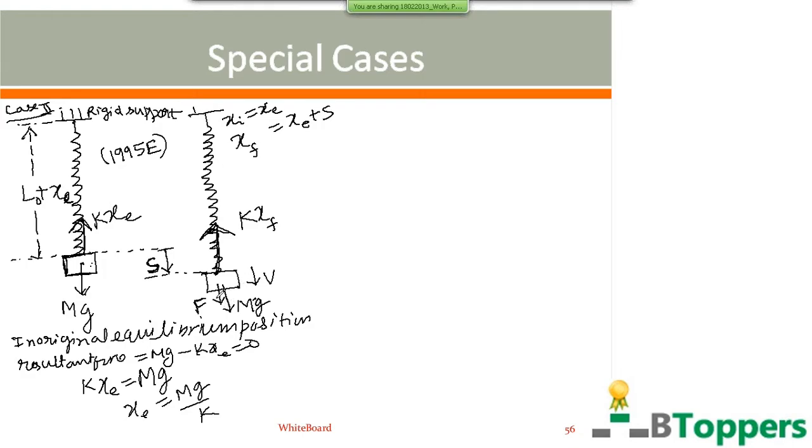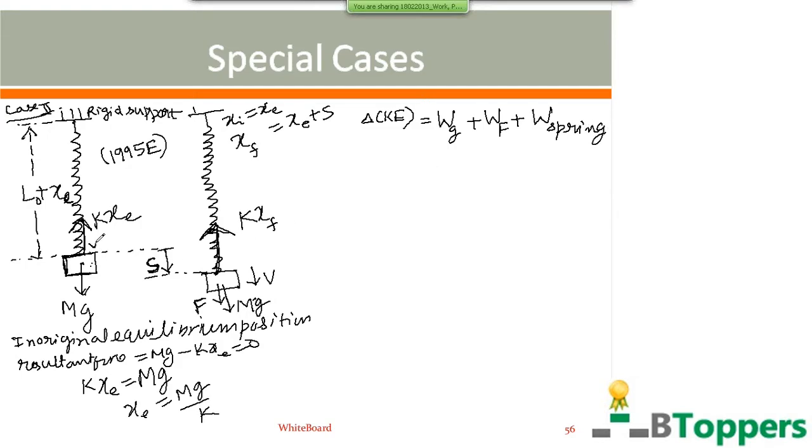I am going to apply the work energy theorem to find the relationship between the magnitude of velocity of the block and the elongation and displacement of the block from the initial position. According to the work energy theorem, the change in kinetic energy of the block is equal to the total work done by all the forces acting on the block. That is, the change in kinetic energy of the block is equal to the work done by the gravitational force on the block, plus the work done by the constant force applied on the block in the downward direction, plus the work done by the elastic force by the spring.